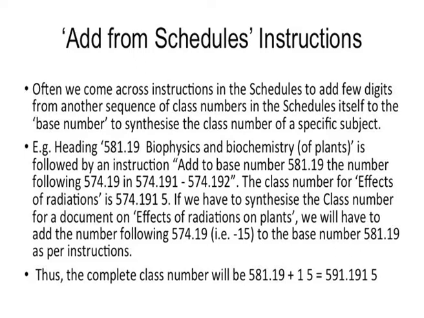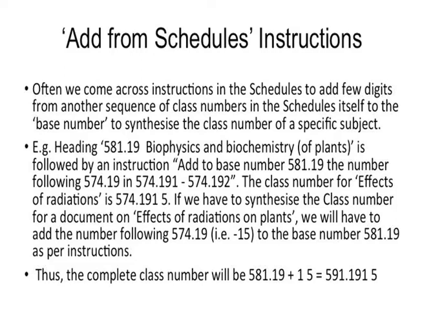The class number for effect of radiation is 574.1915. Effect of radiation, 574.1915. Now just note, we have to add the number following 574.19. If we have to synthesize the class number for a document on the effect of radiations on plants, we will have to add the number following 574.19, that is 15, to the base number